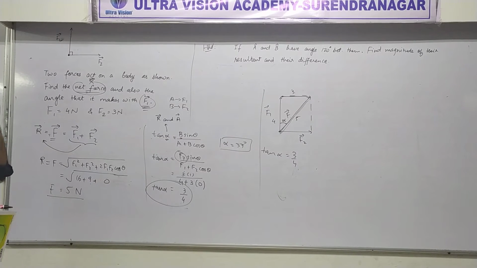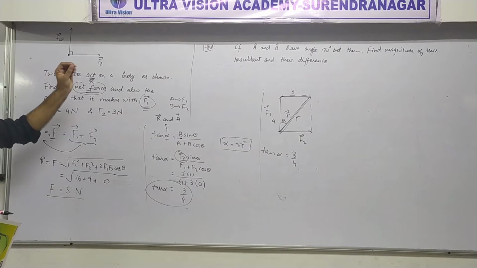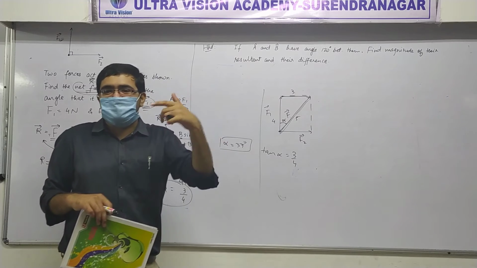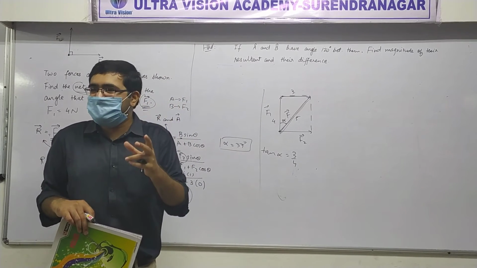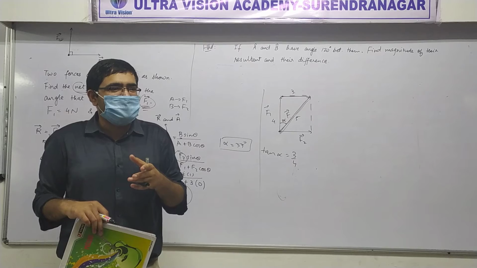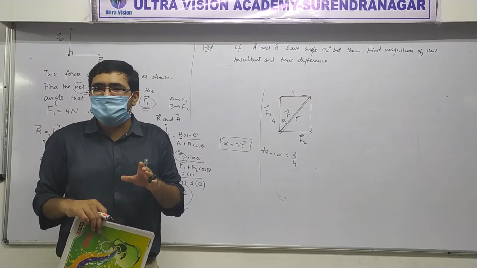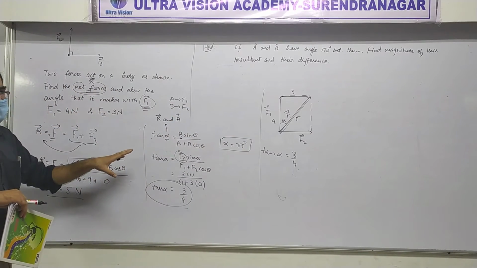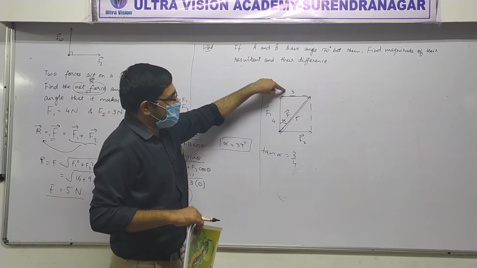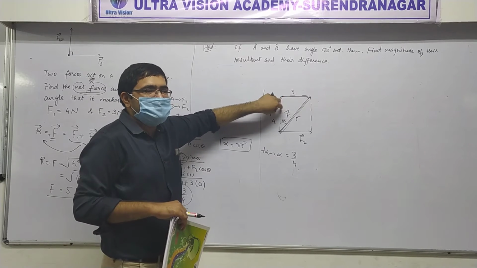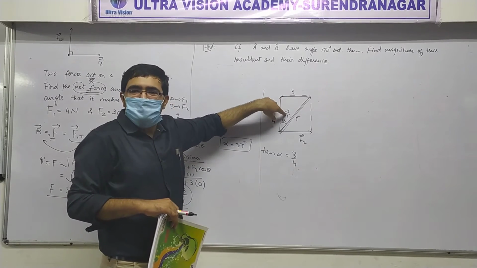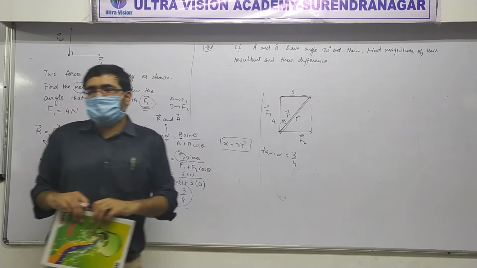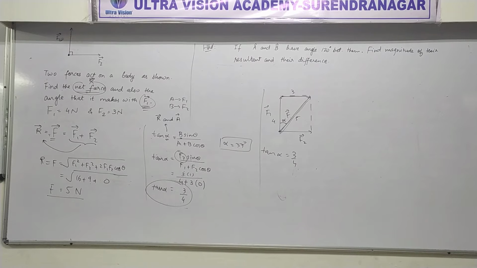Yes. So when there are such cases, I always recommend that first you draw something. Because if you draw, your mind will start to work. It will be able to find out some easy ways. Otherwise, you will be completely dependent on formula and you will not even understand what you are doing. So the moment you draw this diagram, hopefully everything that we have done here makes sense. Right? That tan alpha is 3 by 4. Why is it 3 by 4? That you can see in this diagram. Understood how to solve this type of question?